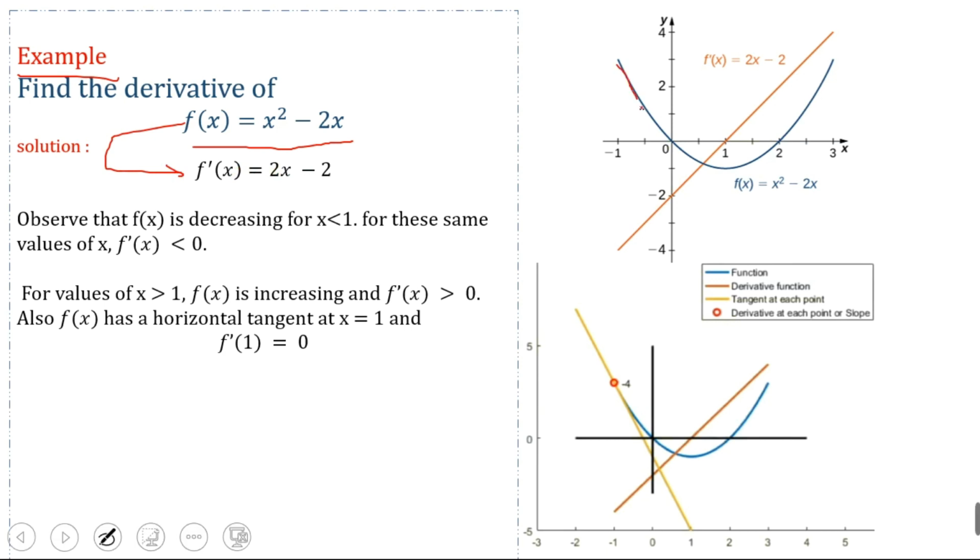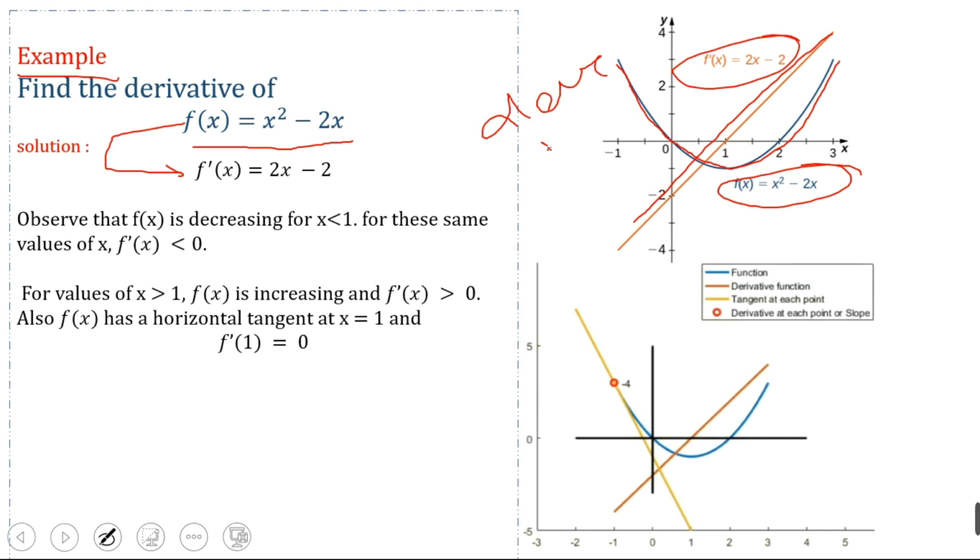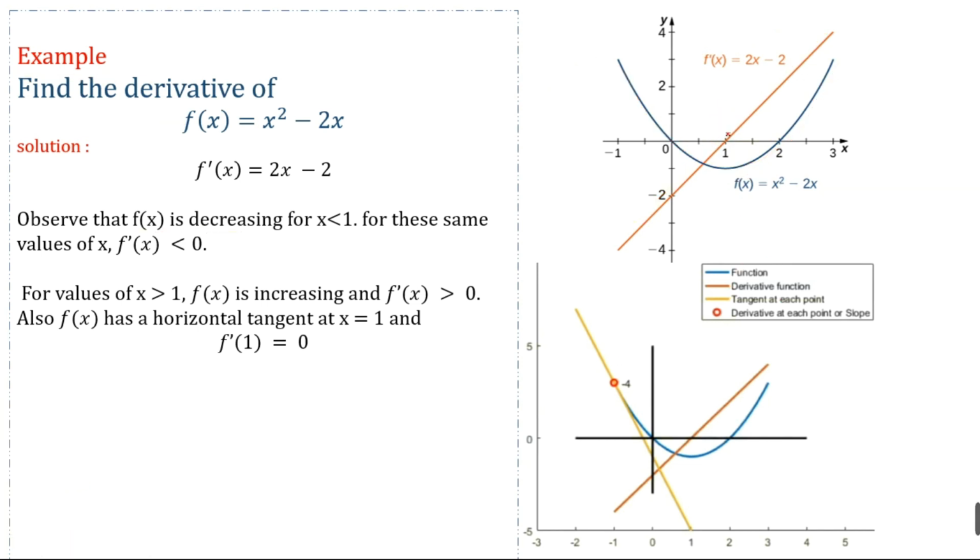And this is the graph of a given function, which is f of x is equal to x square minus 2x, and this is the graph of the derivative function, that is 2x minus 2. Observe that f of x is decreasing for x less than 1, and this is what we can see. Here x is less than 1, and x is greater than 1 over here. So we can see that the function is decreasing for